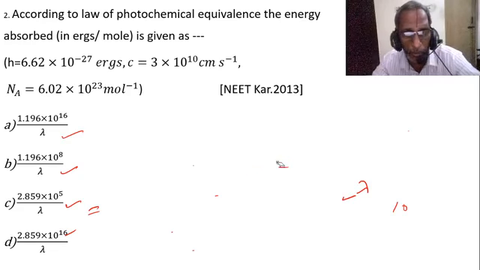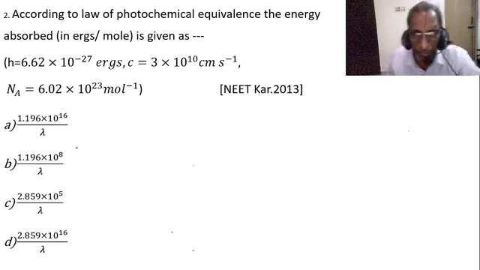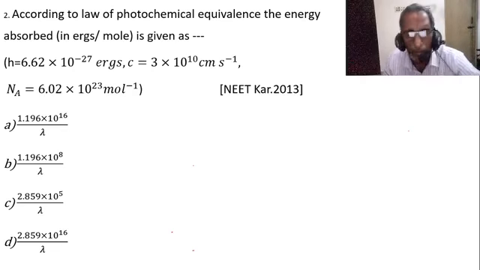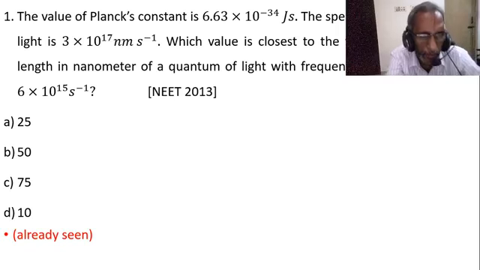Please make a note. In the CGS unit system, unit of energy is erg. Joule is the SI unit of energy. In physics, you might have studied. Now, this question we have already seen. That is why it is given as already seen. The value of Planck's constant in SI unit is given. So Kanishka, listen. Everybody listen.